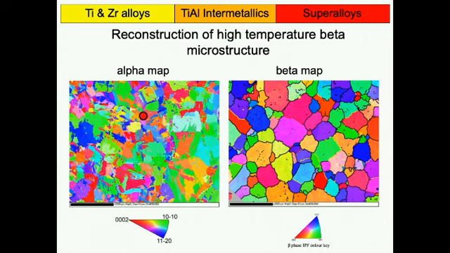So you can actually see here. Well, let's work it out. Maybe this purple grain here, I think, is somewhere around here. It's quite difficult to see actually when you just look at the alpha map, and you see different colors here. And because it's IPF color, it's quite hard to say how many orientations you really have. But you don't actually see that many colors for a region where you know that it all comes from one single beta grain. You should not have more than 12 different colors. Most of the time, you actually see less. And of course, you see less because